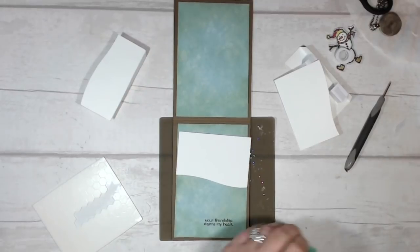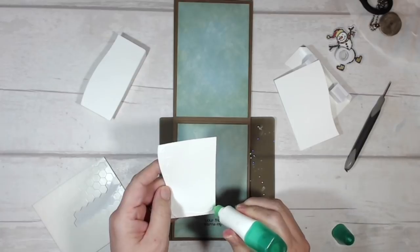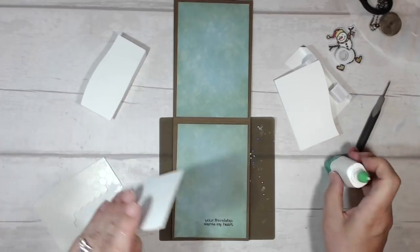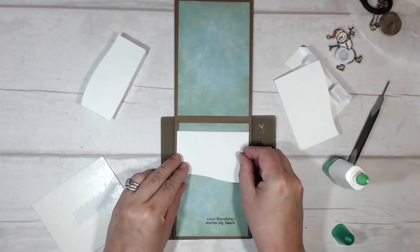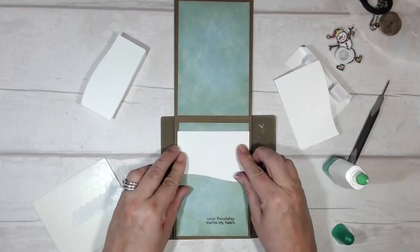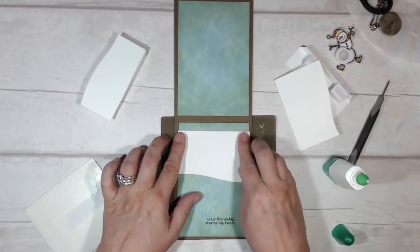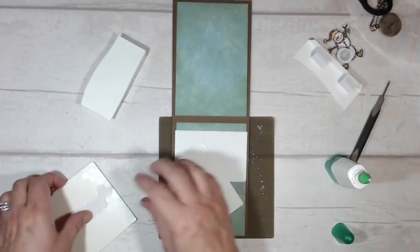So I'm going to take one of my flat pieces of Whisper White, and I'm going to stick it down about half an inch, maybe a little more, from the seam, like that. And the other piece